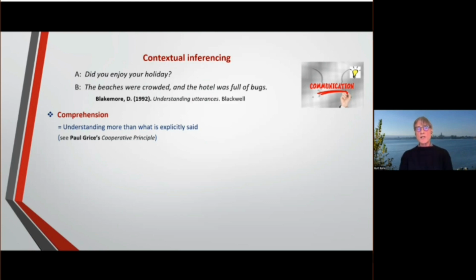This is a quote, an example from Blakemore, Understanding Utterances. "Did you enjoy your holiday?" "The beaches were crowded and the hotel was full of bugs" is the answer. Perfectly easy for us to understand. But we need to invest a lot of activities in order to understand this